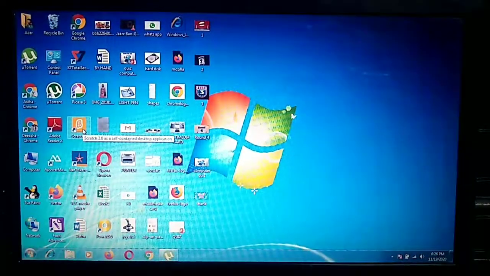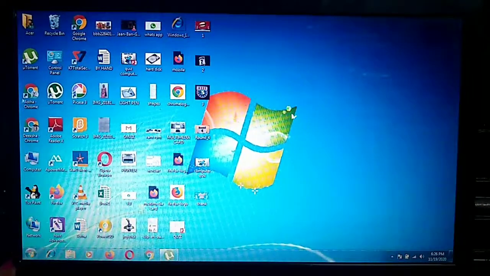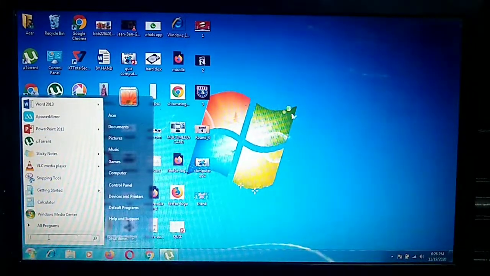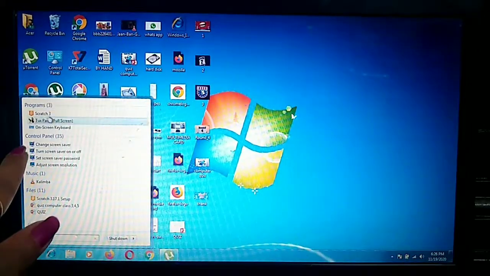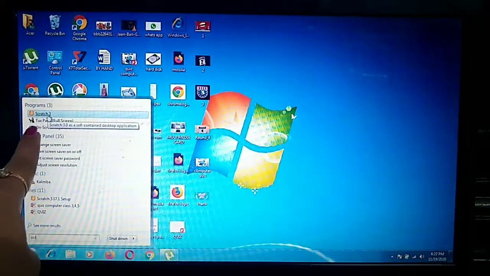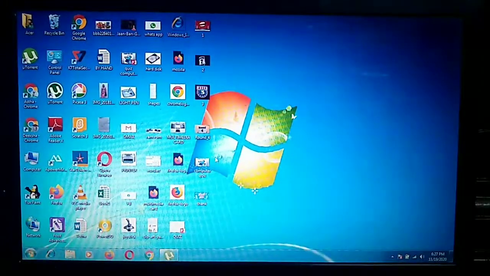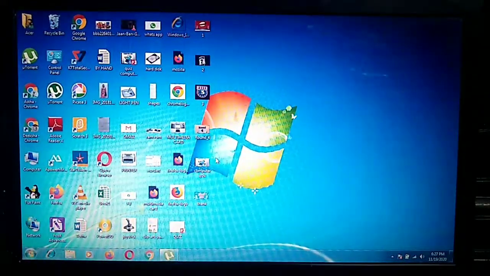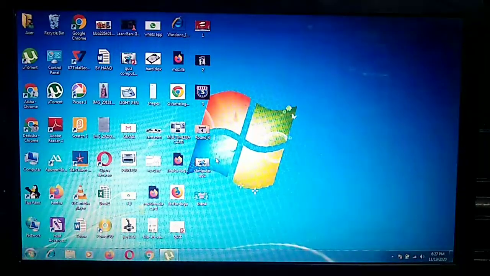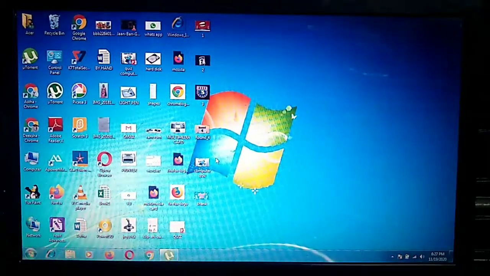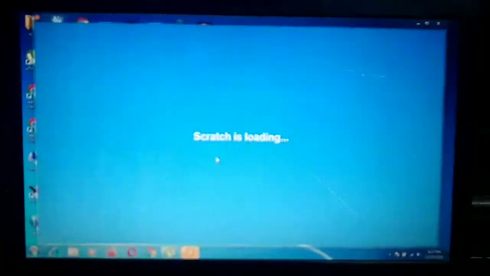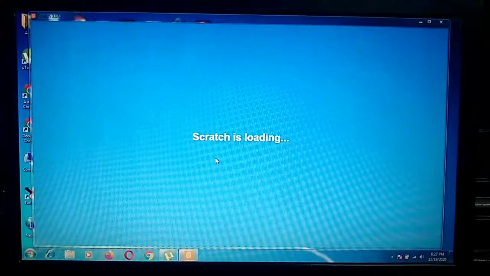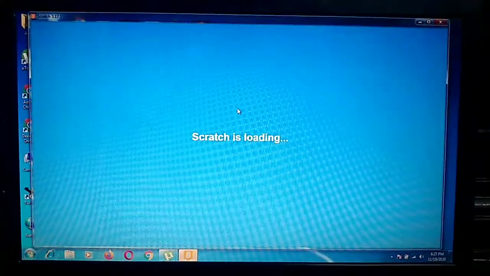Now for opening Scratch, you have to click on the Start button, and in the Start button when you search Scratch, if you have it on your computer, you will get it here. Double click on it, then you will see Scratch opened on your computer. Like this you can open Scratch, and keep your book with you, see the topic in the book and then see this video so that you can understand everything properly.